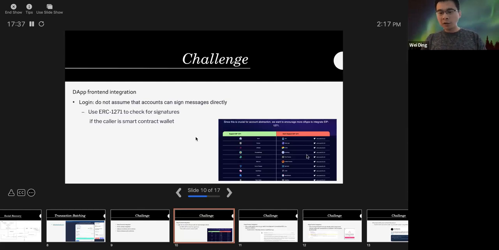So if a smart contract user interacts with certain DeFi protocols, they get blocked in the front end. For mass adoption of smart contract wallets, DeFi protocols, especially the front end, need to consider supporting ERC-1271.